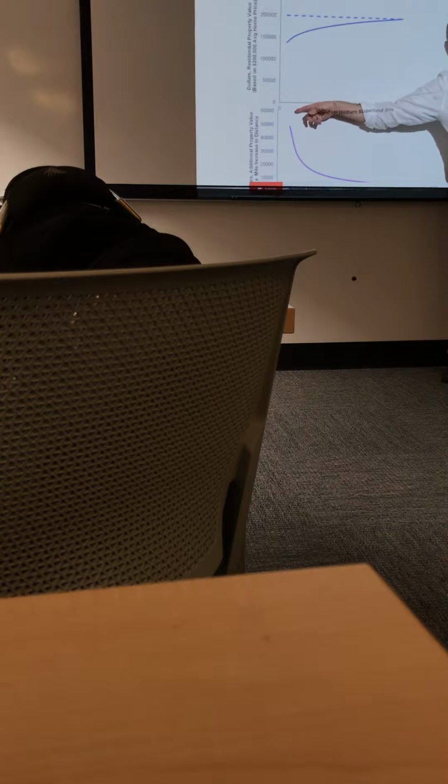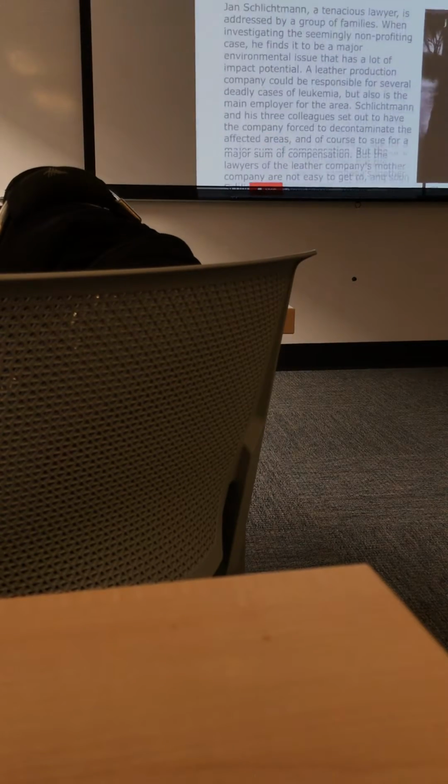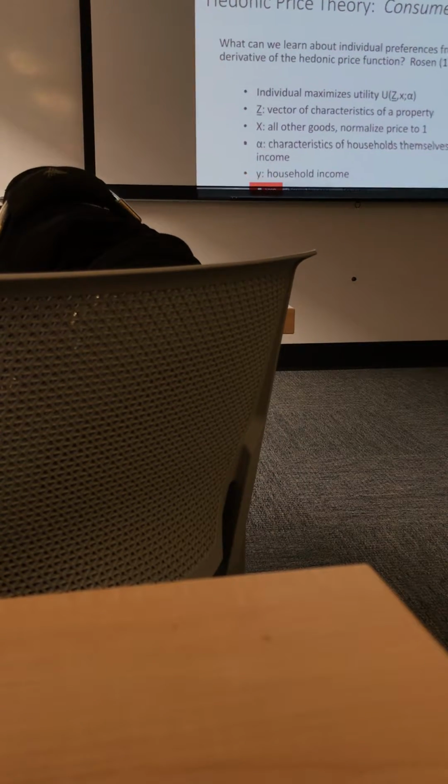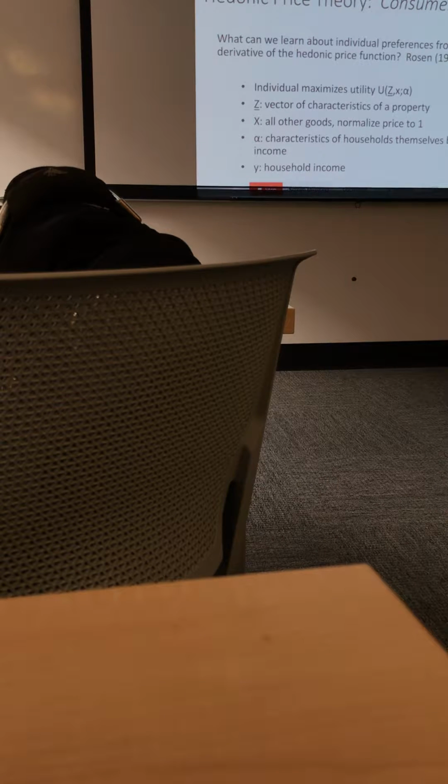Well, the easiest thing to do would be to put in the house attributes. Like square footage is probably a lot smaller in the houses in here than it is out here. That's the easy part, right? The problem is that there are other things about the houses in here that are not in your data set. And there you need to be creative, or maybe you don't always have an answer. It depends a lot on the data set that you have available. Okay, so that's an example of this in practice.